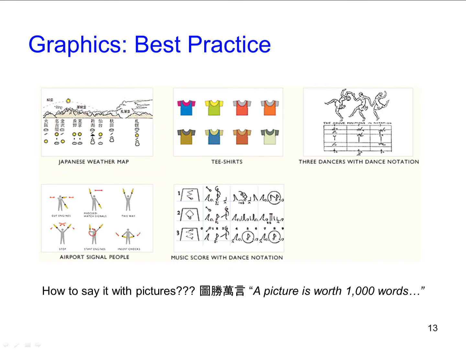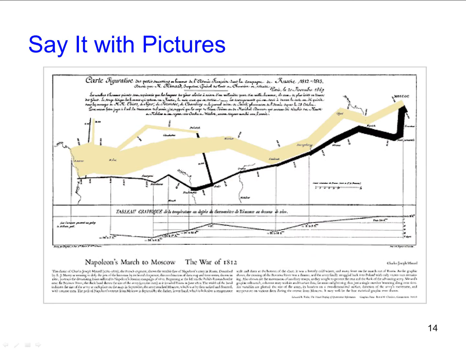The proverb, "a picture is worth 1,000 words," is attributed to Confucius. Ed Tufte has taken this to heart in writing a series of best-selling books that focus on visualization. That is to say, how can we communicate better using pictures? Napoleon's March to Moscow is a famous anti-war poster by Menard that Tufte uses to exemplify the essence of good graphics. The poster depicts 5 variables: geographical location, time, troop strength, events, and ambient temperature in depicting Napoleon's doomed campaign